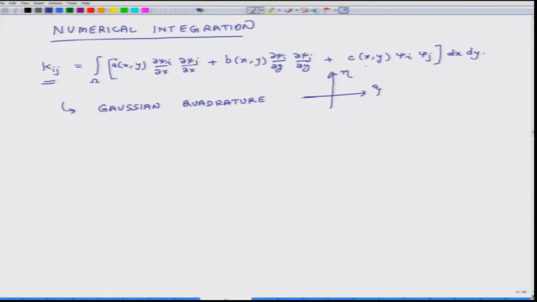zeta eta space, and typically we integrate it over a standard element. In this case it is a 4 noded square of side 2. So, to use Gaussian quadrature we have to work in this space zeta eta, and if we have to work in this space we have to calculate all these parameters in zeta eta space, and also we have to transform this into d zeta d eta. Okay. So, what we have learnt in the last class was that these derivatives of approximation functions